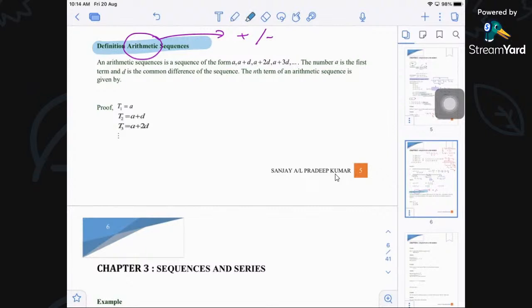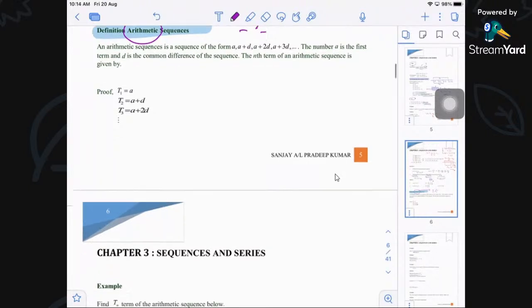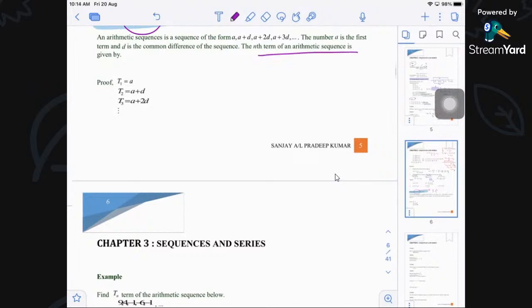So now we start the definition of arithmetic sequence. Arithmetic is always plus or minus. Arithmetic comes from the symbol of plus and minus, and geometric is actually times or divide. So we know that the nth term of an arithmetic sequence can be written as the formula which you all have studied before: a plus n minus 1 d, where a here is defined as the first term,